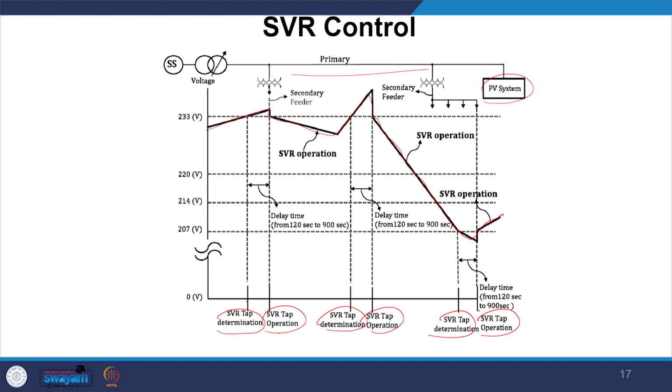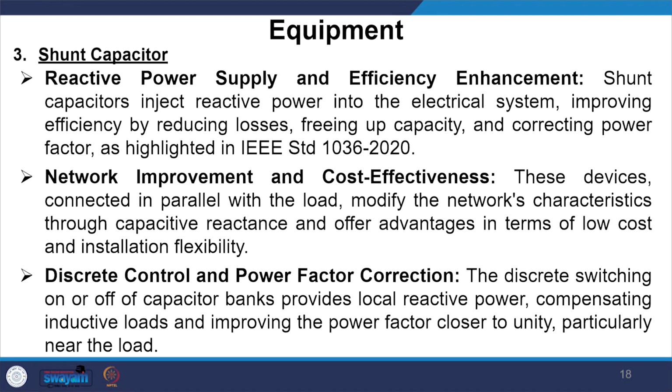For each time scale, you can determine the SBR tap position, and then you take action so that you uplift; you determine, and then uplift; you determine, and then uplift. A shunt capacitor, which is a popular device known to all of us, is used for voltage profile improvement. Shunt capacitors inject reactive power into the electrical system, improving efficiency by reducing losses, freeing up